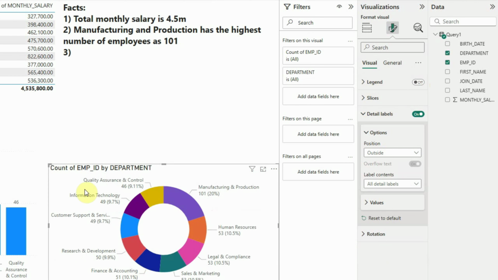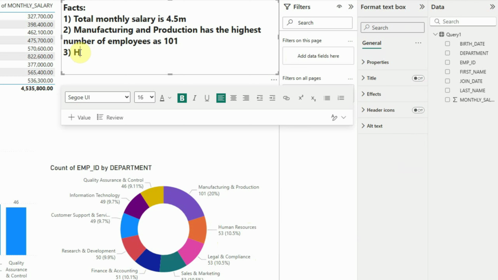So the legend is gone, and instead we are able to see the slices with the percentage of employees and the number of employees also, along with the department name. So HR has 10.5%, legal and compliance has 10.5%, and finance and accounting has 10.1%. So we can conclude that HR,